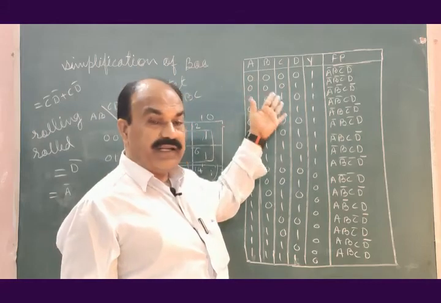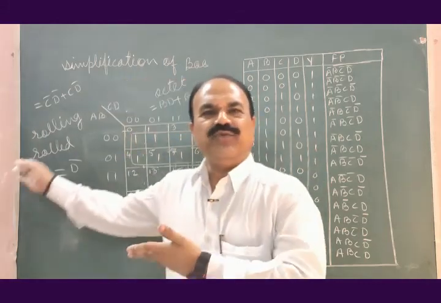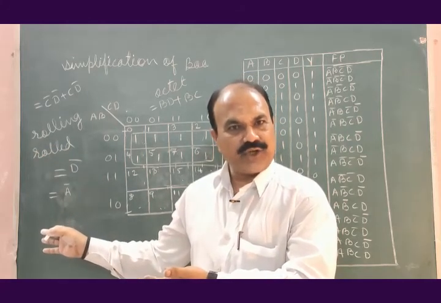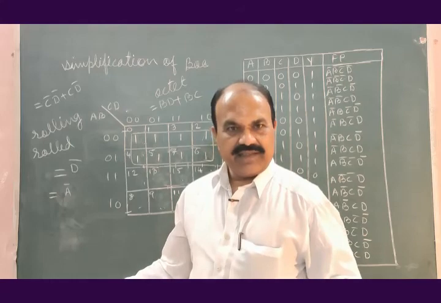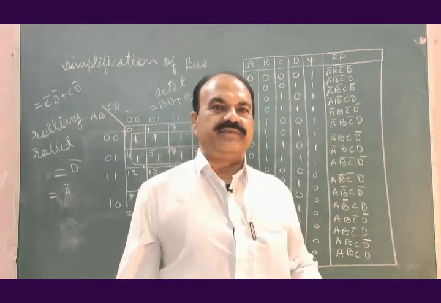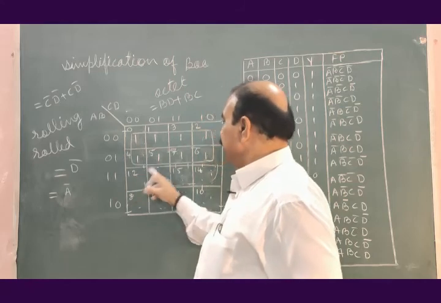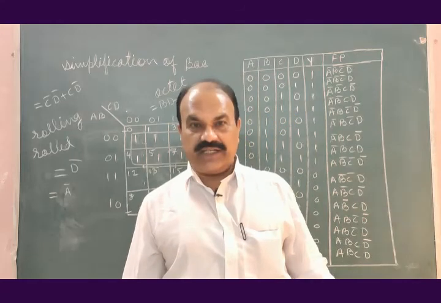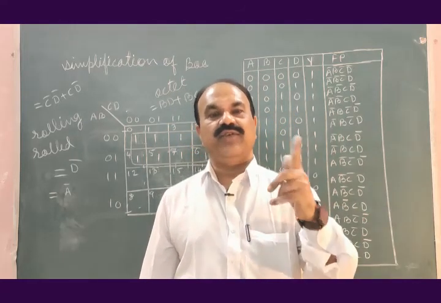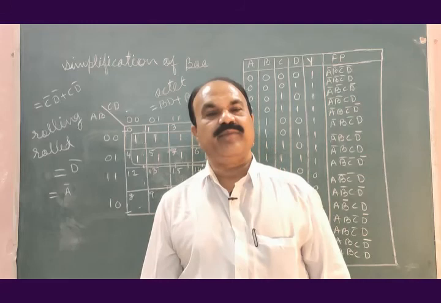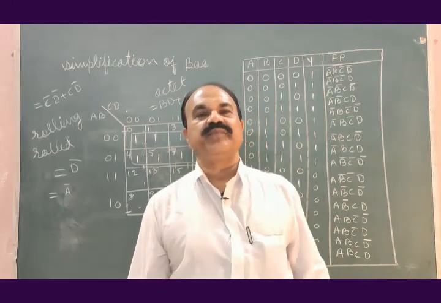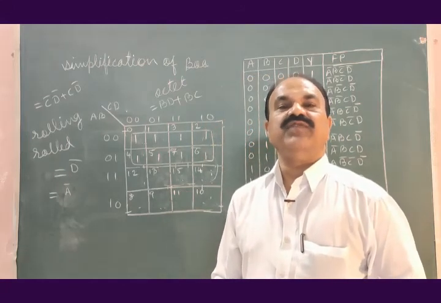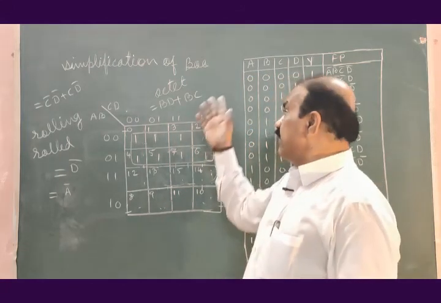Here I have given a typical simple truth table to form the octet. In practice, it is not so. In practice, you may not have such a simple example. You may have ones here, here, here, here, here, and you have to search. You have to try for octet first, then for quad, then for pair, then try rolling the map, then try for overlapping the group, and by using all these possibilities try to simplify the given truth table.